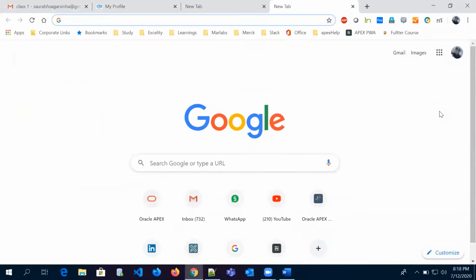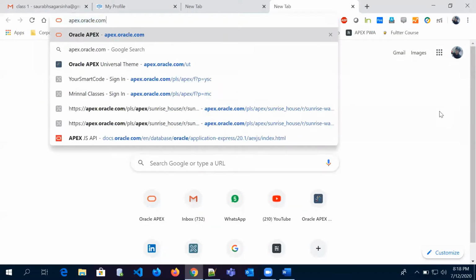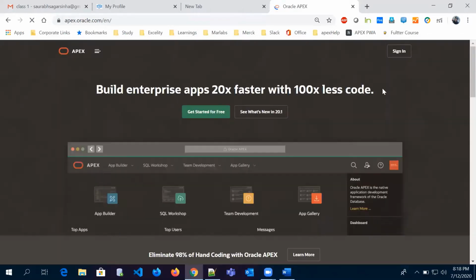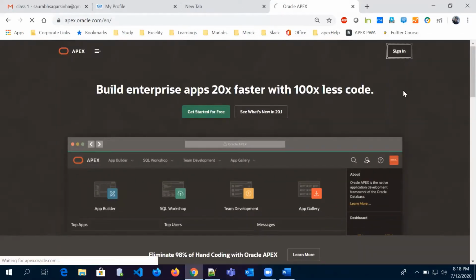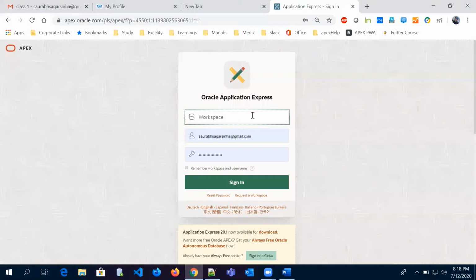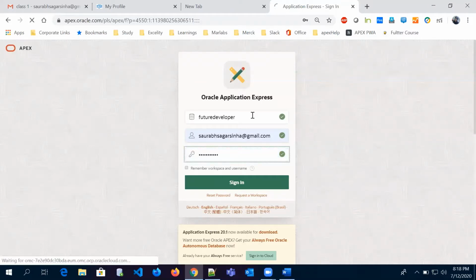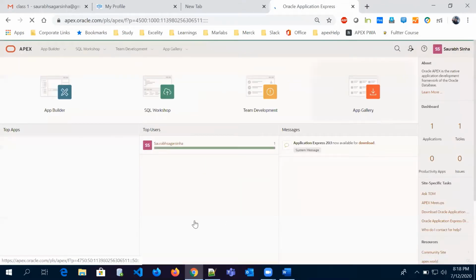I'm going to open the workspace that I have created for this future developer session. So here I'm going to enter my credentials. Here we have this SQL Workshop tab.